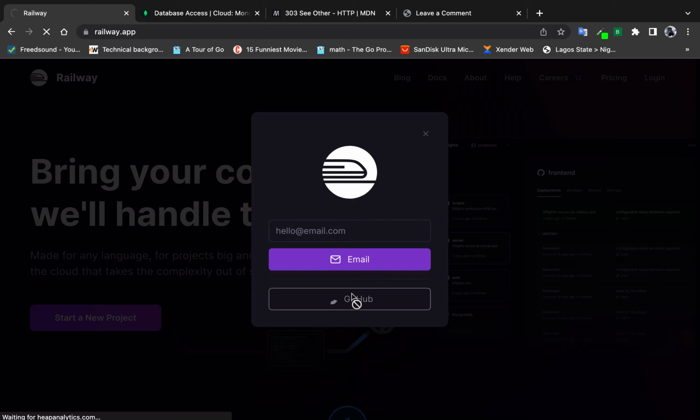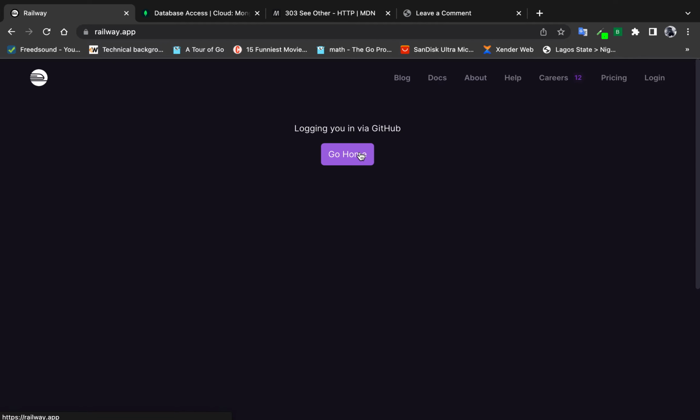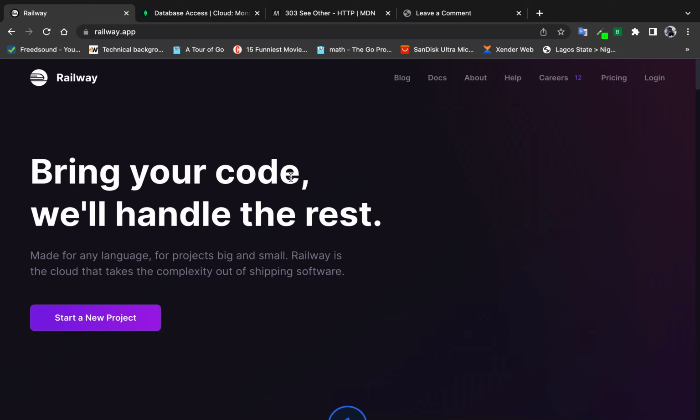After you log in with GitHub, because I've logged in before, it won't ask me any extra questions. If you are new to Railway, it will ask you some questions and you need to do some authentication. But if you're not new to Railway, it's pretty straightforward. If you're already logged in, it simply brings you directly to your dashboard, which is what it's trying to load for me now. So log in via GitHub, then I'll just go home. So if I go home now,